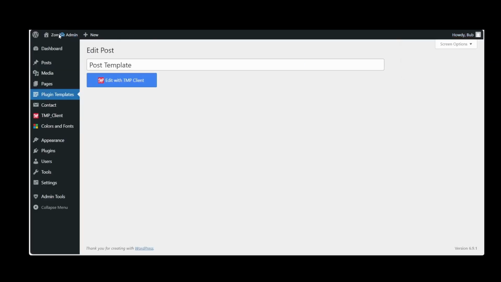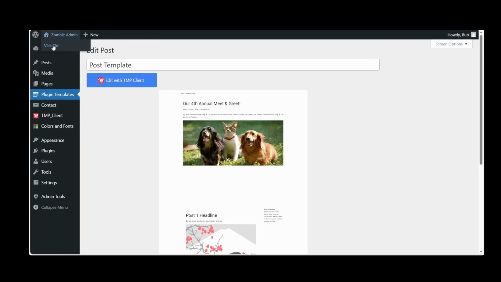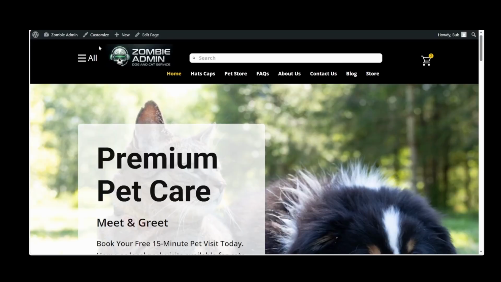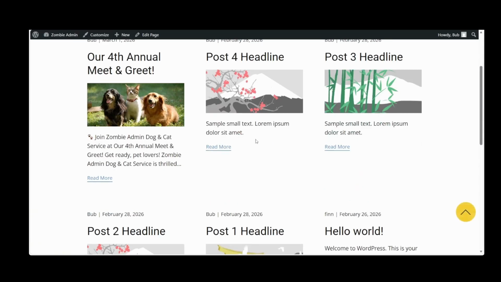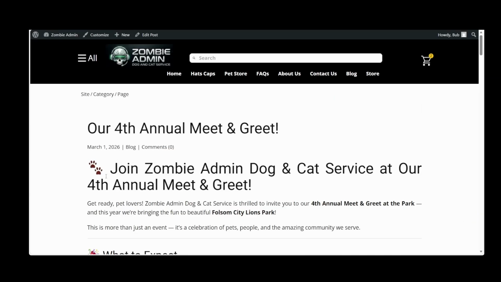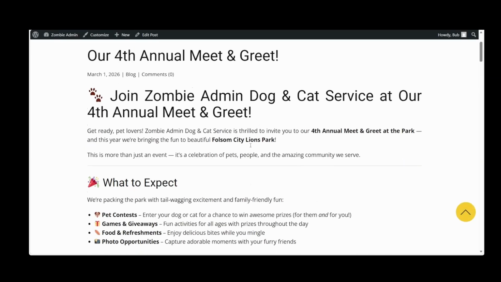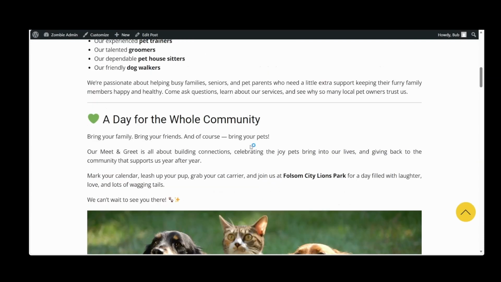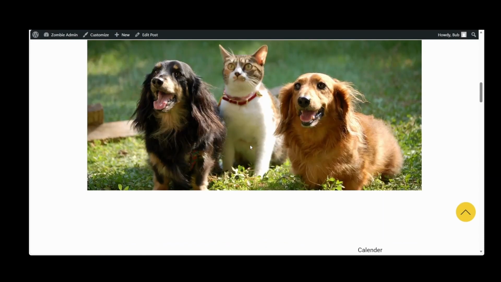Let's go to the front page. Let's go to blog. We'll go to post. And here is the post with no sidebar. Text on top, image on the bottom, how I like it.